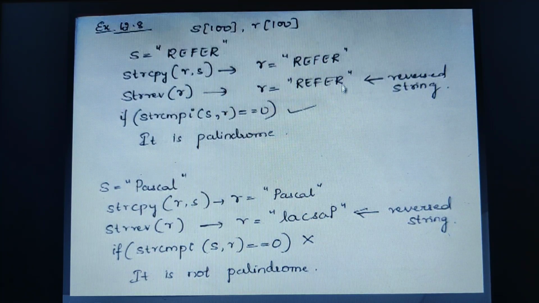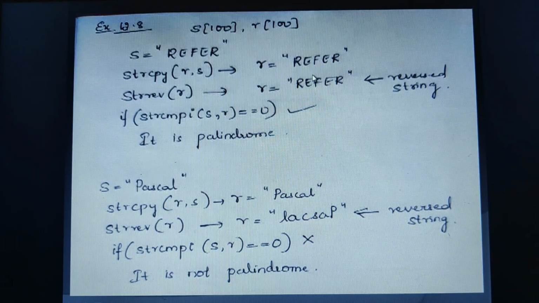Now when you reverse it, you're getting the same contents here, children. So I'm going to compare with string compare I. Why am I using string compare I, but not the string compare function? Because the string compare I function is used to check whether the word is a palindrome. It shouldn't matter whether it is case sensitive, so lowercase and uppercase shouldn't be treated differently. It should treat them as the same. That is the reason why we are using string compare I rather than string compare itself.